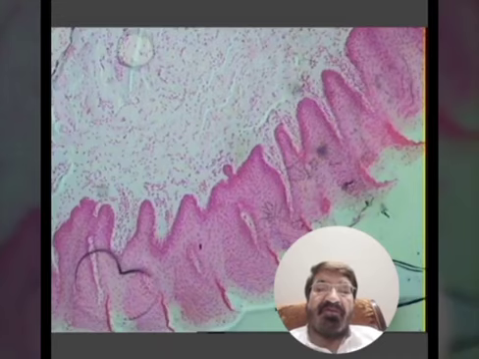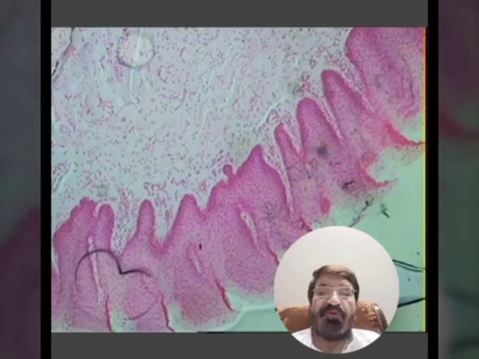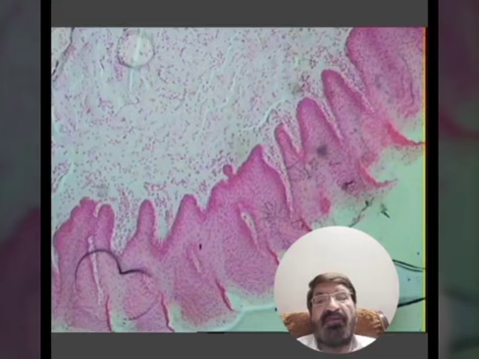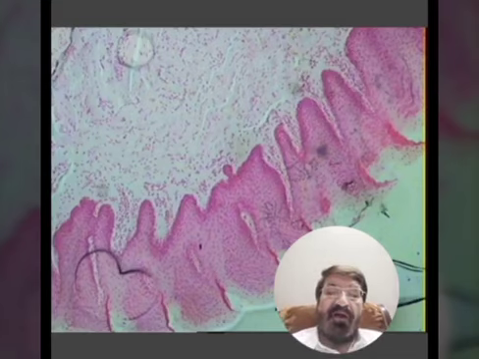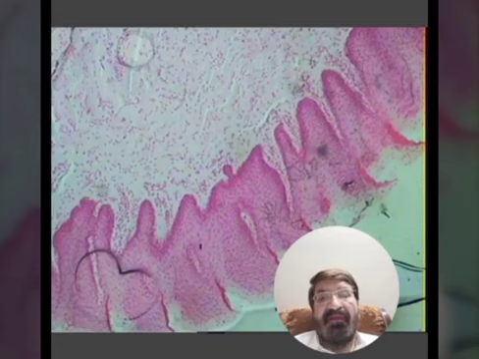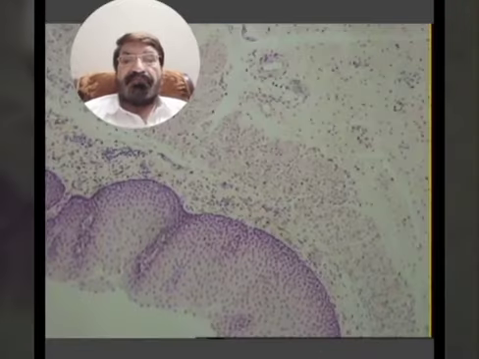Then this is the mucosa. The epithelium and the lamina propria is called the mucosa, and just beneath the mucosa you will see the skeletal muscles which are running in three different directions: longitudinally, transversely, and vertically. So the tongue has got a very simple structure: the interwoven muscle fibers, which are the skeletal muscles, are covered by the mucous membrane.